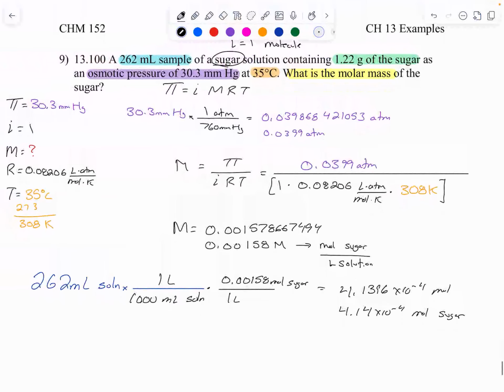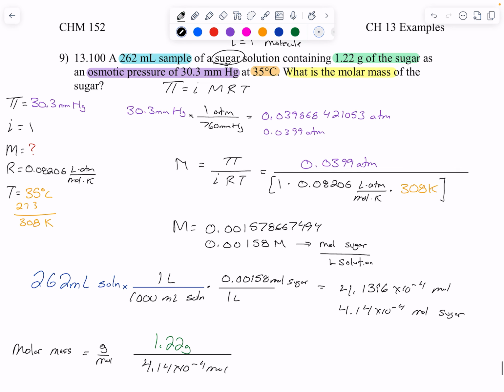And so now, the molar mass. It's grams per mole, right? If I have moles, 4.14 times 10 to the negative 4 moles, and I have 1.22 grams, that will give me a molar mass, right? So 1.22 divided by 4.14 times 10 to the negative 4, I get